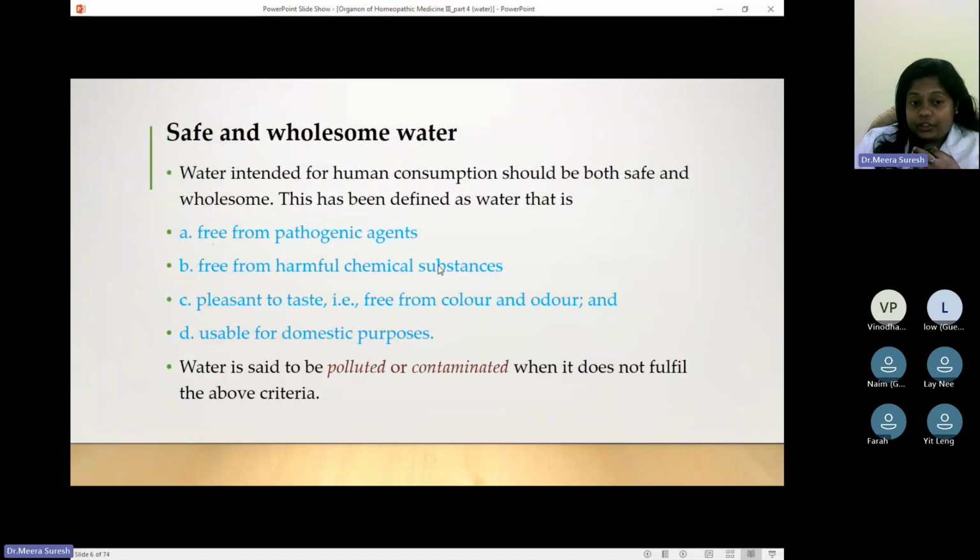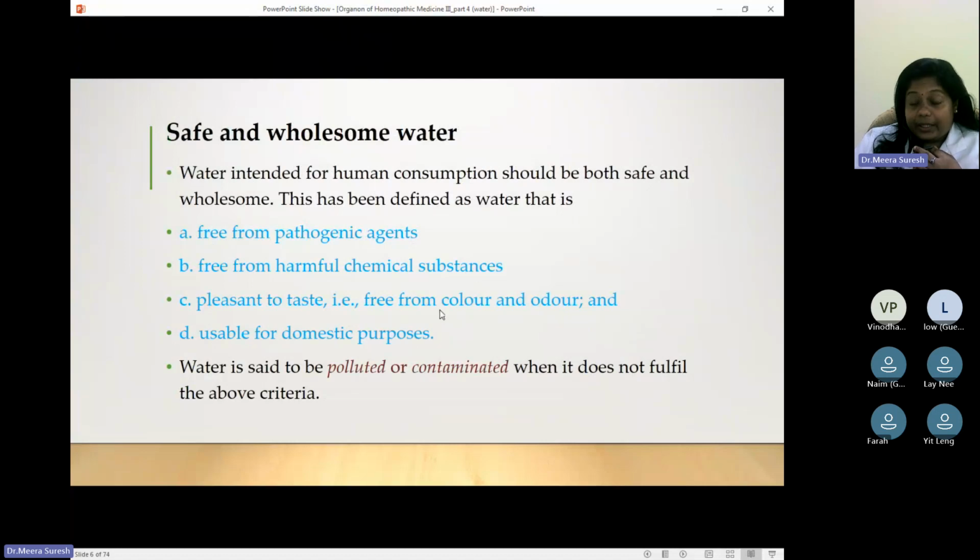Water should be pleasant to taste. That is, it should be free from any color, odor, and also it should be useful for domestic purposes. So four criteria should be fulfilled, then only we can call that water as safe and wholesome. It should be free from pathogenic agents, it should be free from chemical substance, it should be palatable, it should